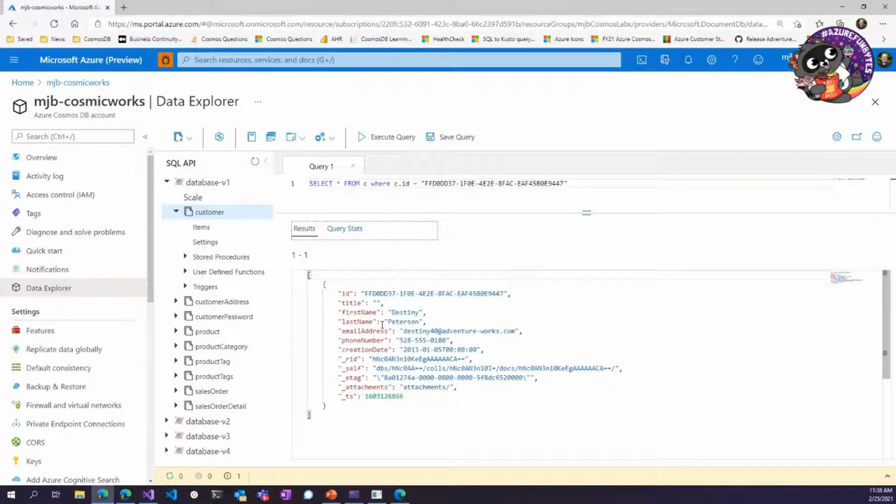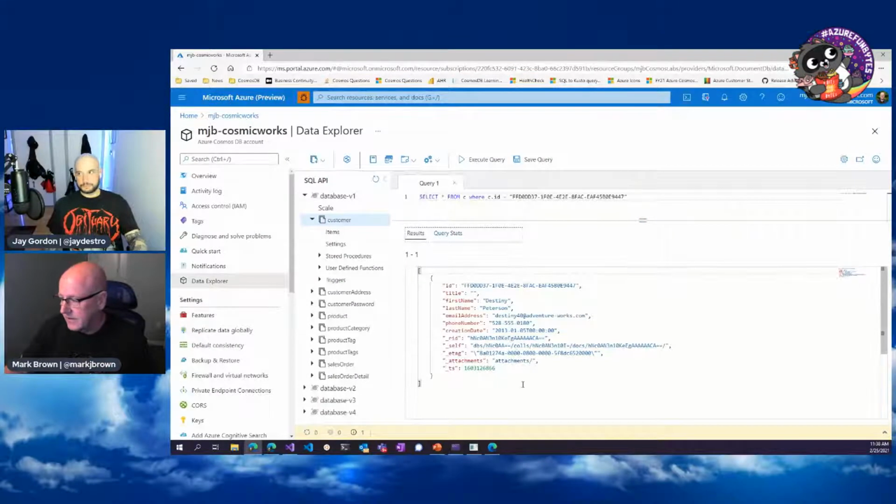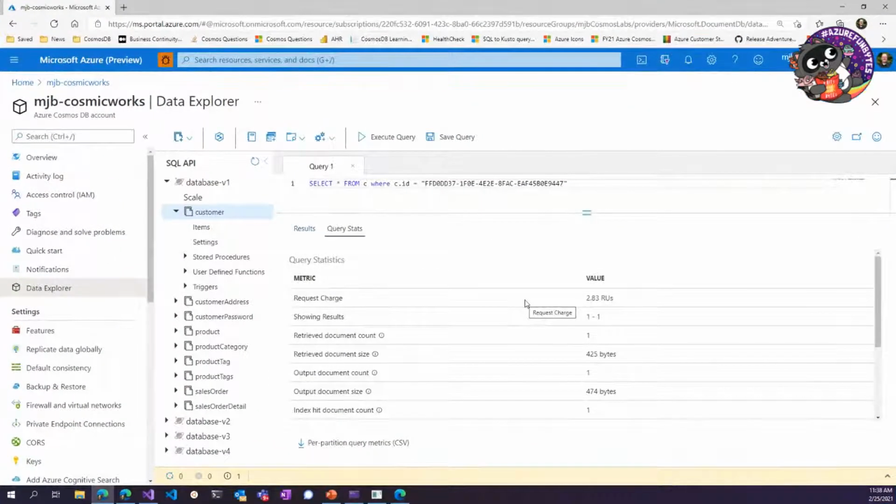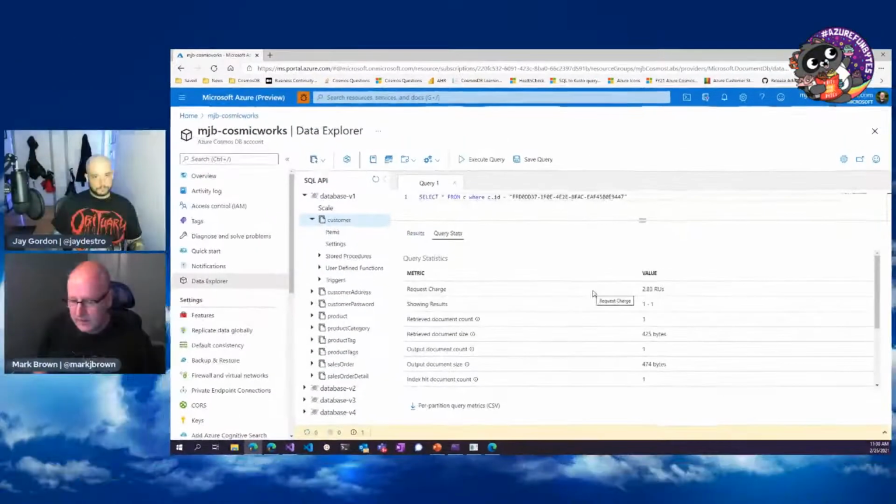And it's important to measure the cost of those queries, the throughput or the RU in there. So here I just have a simple query. I'm just looking up a customer. But what I wanted to show you is if you click on the query stats, you can actually see how much that query cost. And this is important because when you're trying to figure out how much throughput do I need, one of the things you need to do is figure out how many operations am I going to be running per second, and what operations are those? So if I'm looking up a customer and I'm doing it 10 times a second, then I need 30 RU just for that operation, right?